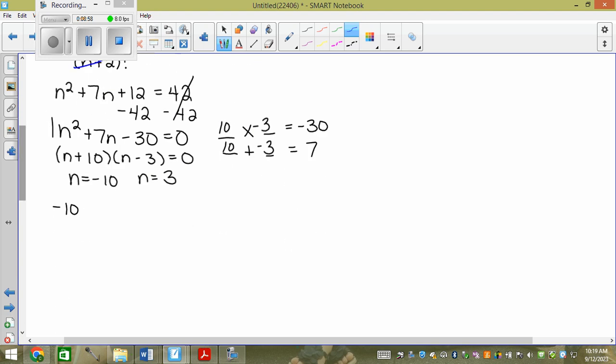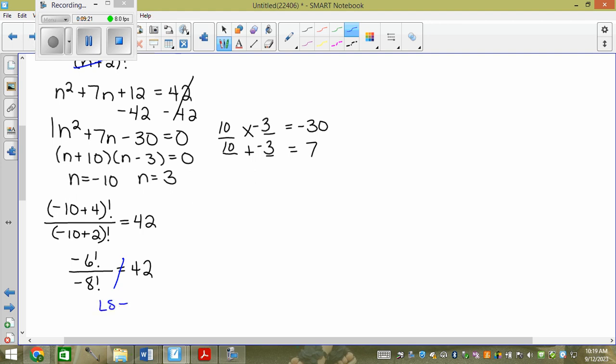So I go negative 10, and I don't remember, is it 4 and 2? Yeah. Negative 10 plus 4 factorial over negative 10 plus 2 factorial equals 42. And then I get negative 6 factorial over negative 8 factorial equals 42. Is that possible? No. So if left side doesn't equal right side, if that happens,